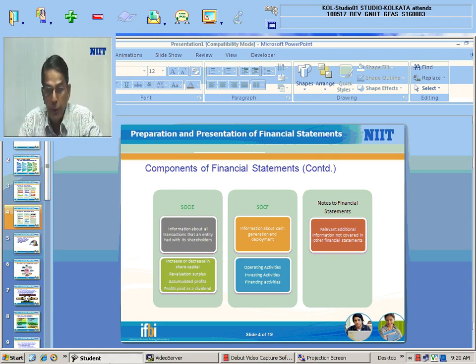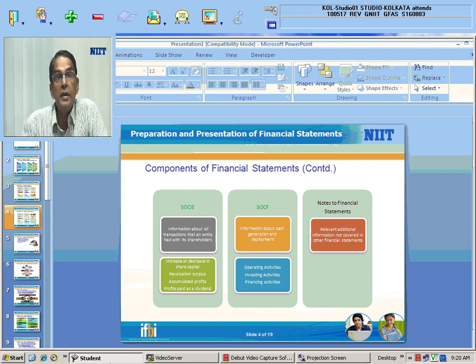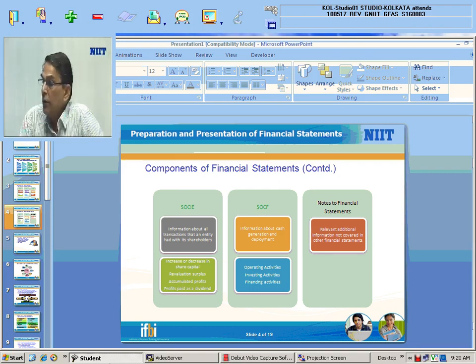Statement of cash flow. It provides information about cash generation and deployment in the business. How much cash has been actually generated during the reporting period and how it has been deployed. That information is available in statement of cash flow. So basically in statement of cash flow, the activities of the reporting entity